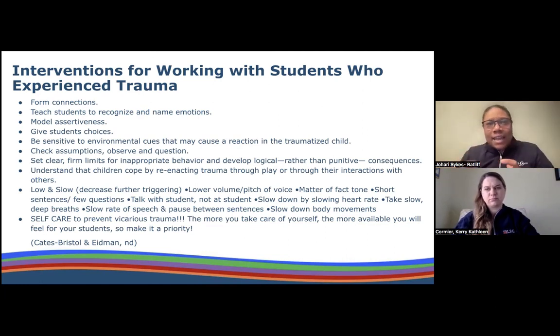Are you sad? And not just recognizing and naming the emotions, but like you mentioned earlier, Carrie, how do we now manage that feeling? What is the appropriate response when I'm sad or I'm upset? But recognizing, naming emotions as a child is a skill that we need to teach. So when we become adults, we're competent and able to say, I'm mad right now, but this is how I'm going to work through this.